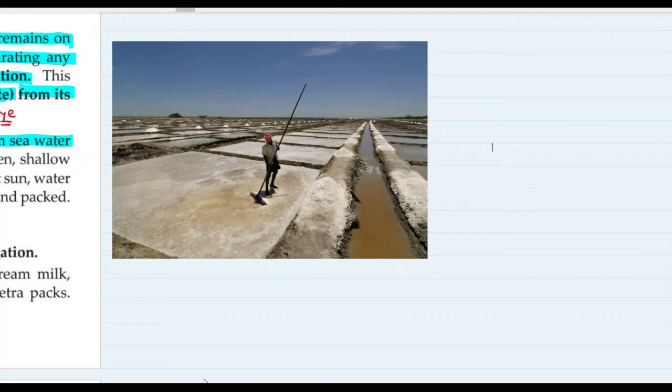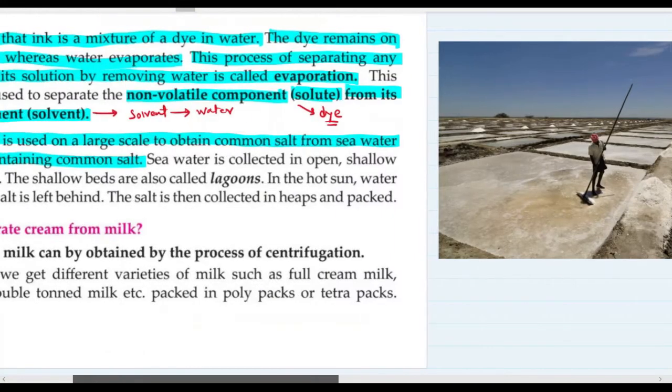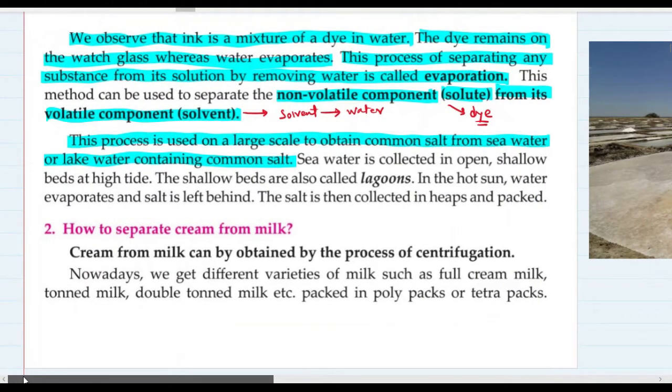Since a large surface area helps the evaporation to be quick, the evaporation takes place and the salt gets left behind as residue. Water gets evaporated, the solvent, that is, you can say, volatile component, which is water, gets evaporated, and non-volatile component, that is salt, left behind.